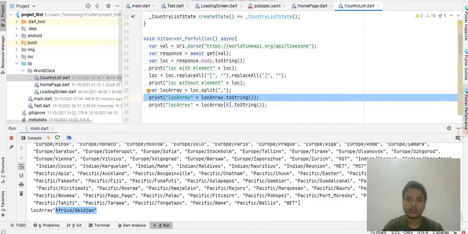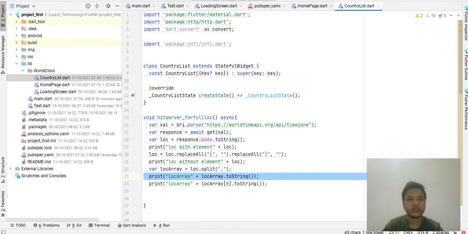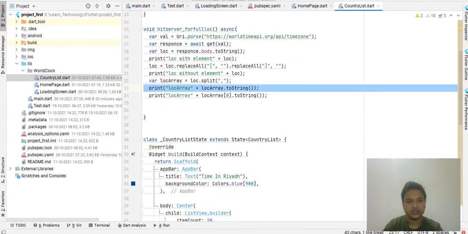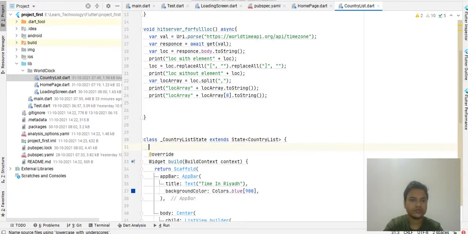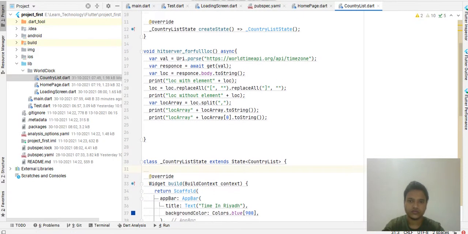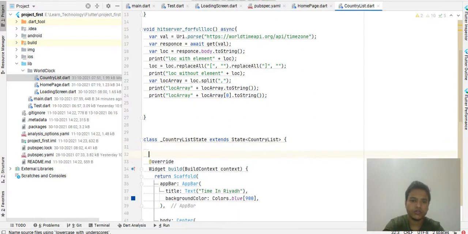What we are going to do is create a global list object that will contain strings, the location area list, and that's all we have to do.